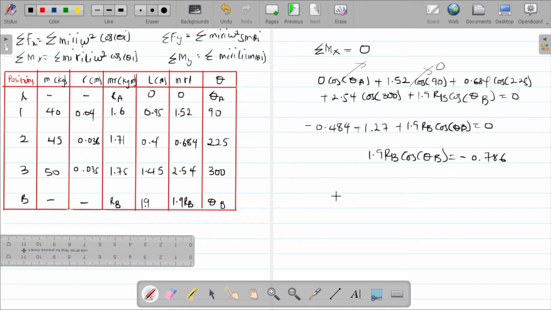786. And you do the same for the y. The x was cos, the y is sine. So we have 0 sine theta A